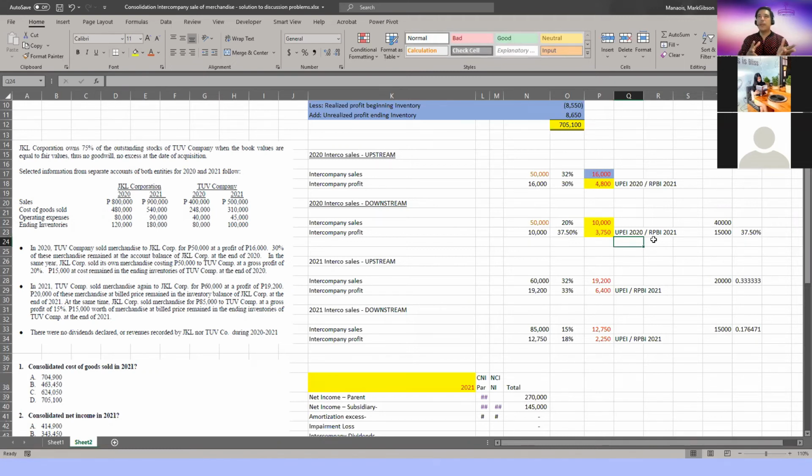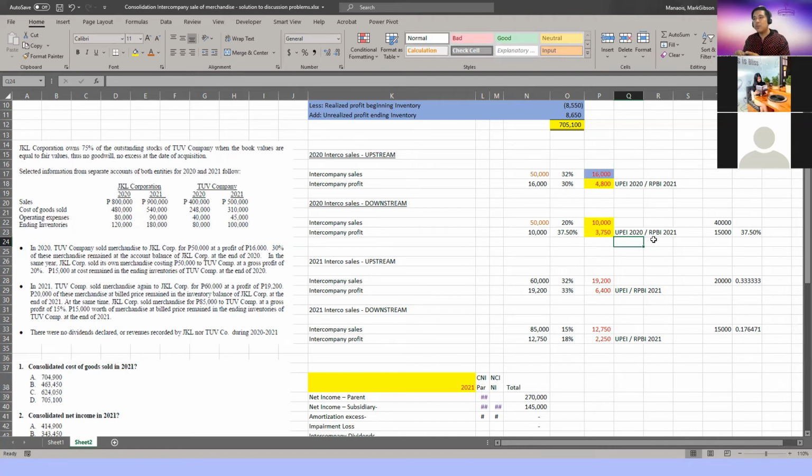We discussed the rationale of all those working paper entries. This time, we're just working on the template, on our cheat sheets, para at least mas mapabilis. Of course, kasi pagdating ng CPA board exam or pagdating ng quiz mo, you won't get any points for those presentation. If naging habit mo na i-present yung working papers mo neatly, it will help you para at least pagdating ng CPA board exam, maayos yung mga